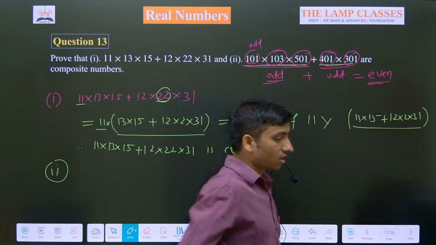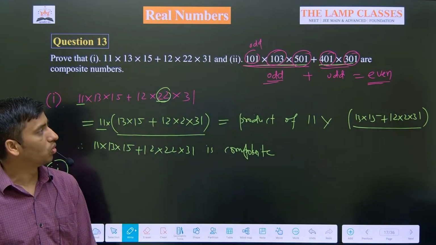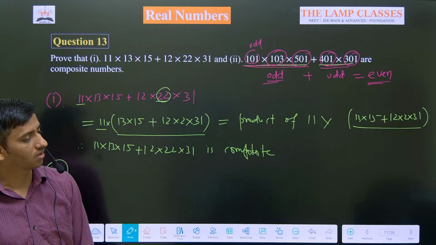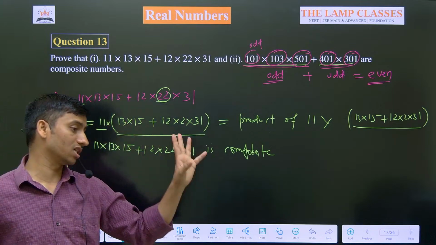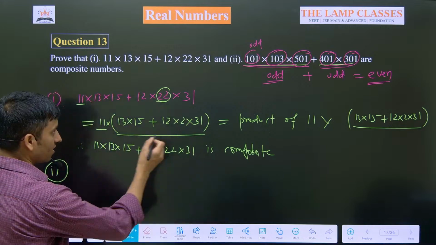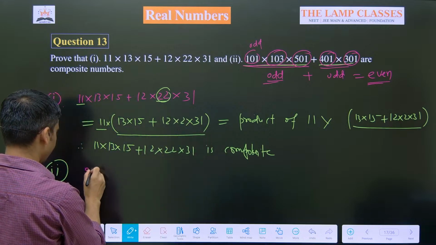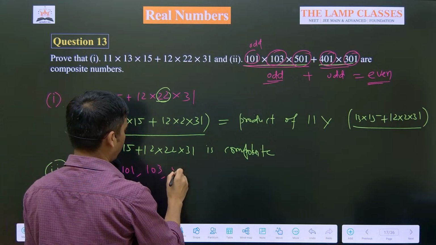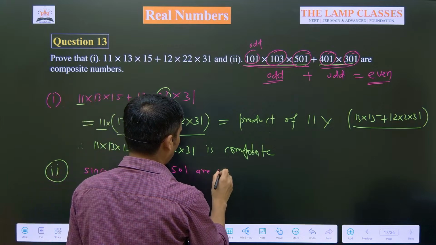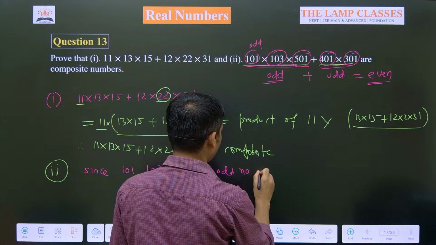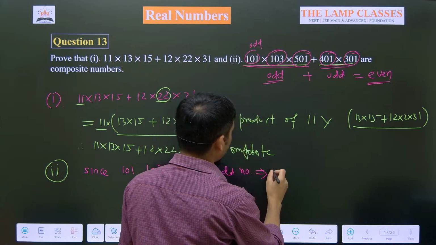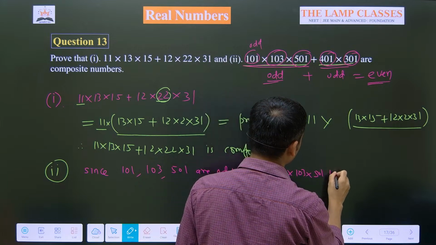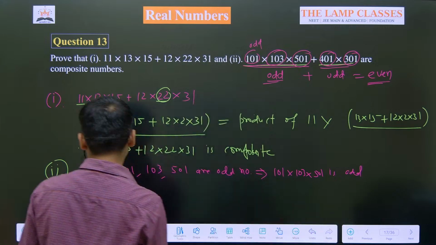And we know that the only even prime number is 2. And this is definitely greater than 2. So can I say it must be a composite number? So that is the logic you have to write, guys. Okay? You will clearly say here now in the explanation, since 101, 103 and 501 are odd numbers, therefore 101 into 103 into 501 is odd, and